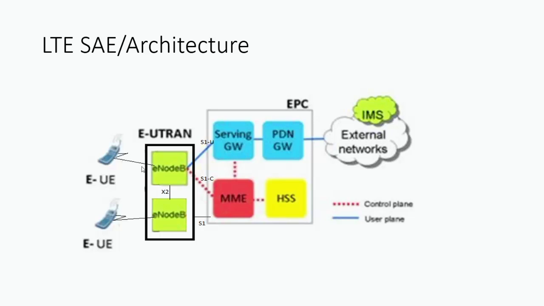Now there should be an interface between different eNode Bs in the E-UTRAN, and this interface is X2. As you can see in the figure, the interface between the two eNode Bs is the X2 interface. That means two eNode Bs are connected to each other with the help of the X2 interface, and the interface between E-UTRAN and EPC is called S1-C, for signaling, where C is used for the control plane, and the interface between eNode B and SGW is S1-U, where U is for the purpose of the user plane.